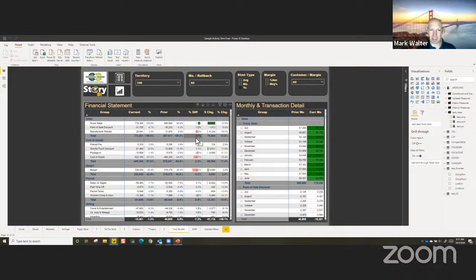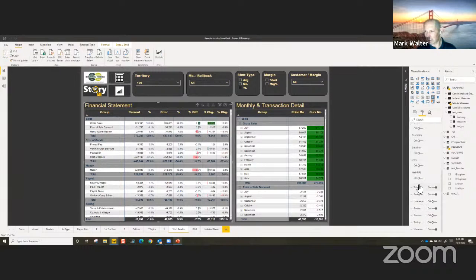It gets a simple sum to work well. And then it also means that these variances work just naturally. So the negatives were unfavorable for every line, including revenue. And then same with the percentage changes. So then from here, it's just a matter of going into these columns and setting conditional formatting. So I click on this table, financial statement, I go to the formatter, and then I go to conditional formatting,